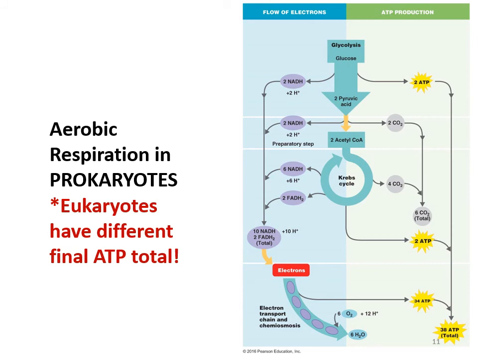Eukaryotes, on the other hand, we have internal membranes, right? We have a nucleus. We have our various organelles. So in eukaryotes, when they make the ATP, they then have to pay a 2 ATP toll to get that energy across their internal membranes to where they'll actually use the energy. So what that means is eukaryotes will lose 2 ATP from their respiration process